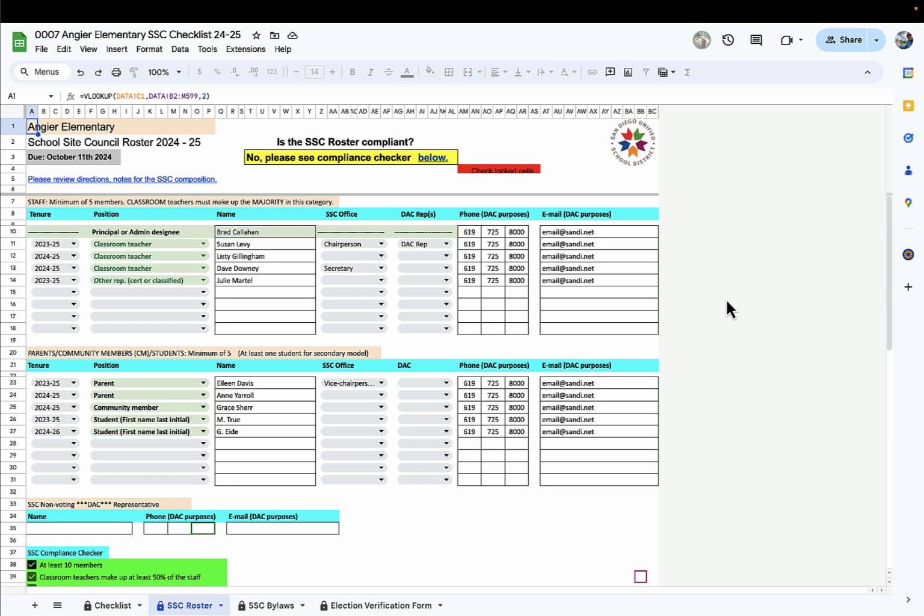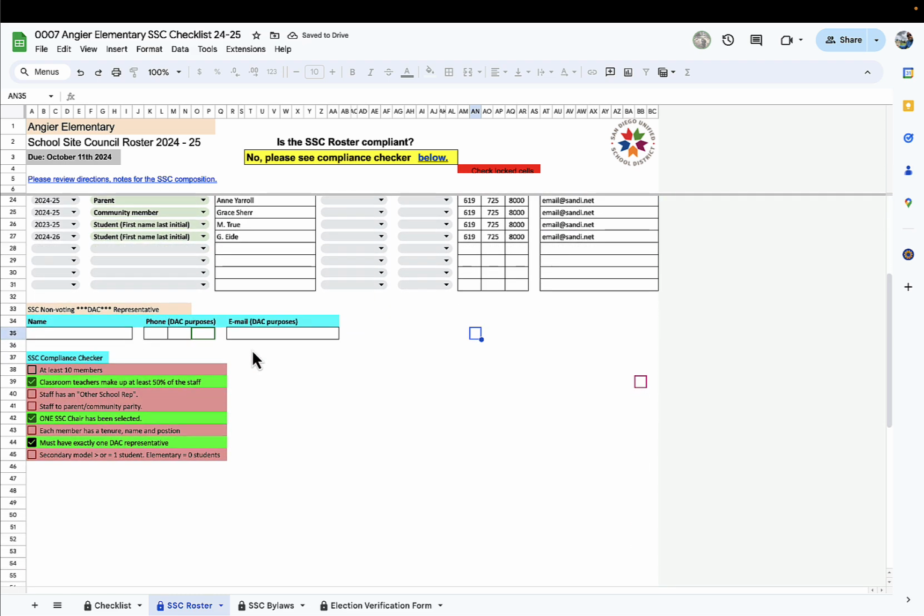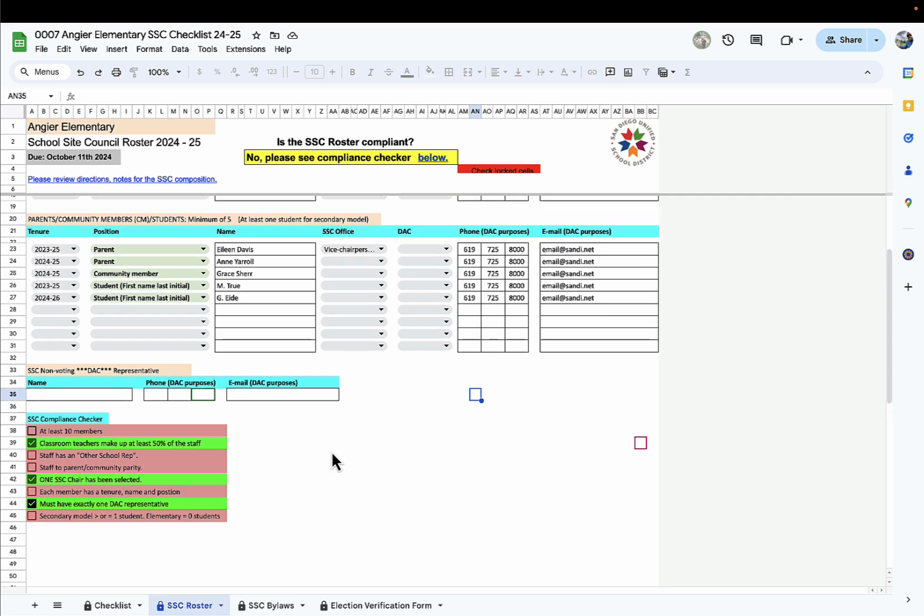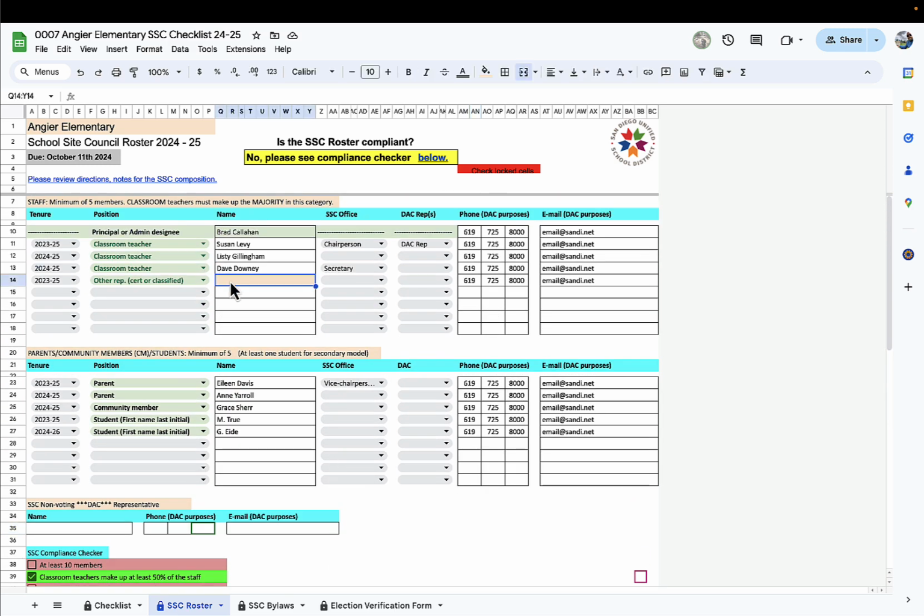This particular sample has been completed, but you'll be able to see that if there are things missing, for instance, if we didn't have this last position submitted, you get all of these red errors. So your goal is to have everything in green, unless you're elementary, then you don't need this secondary one. But in here,